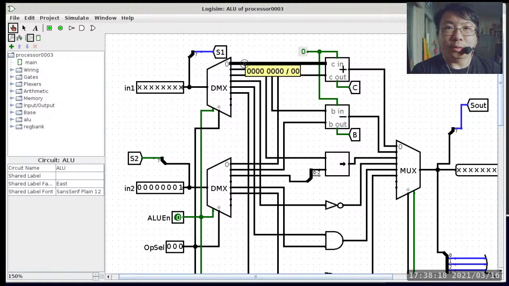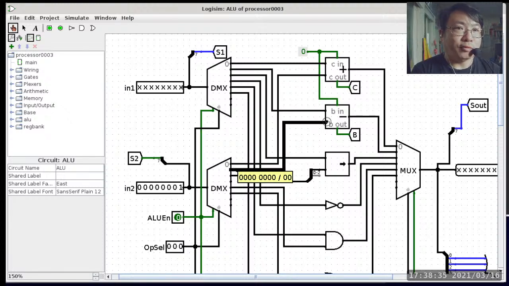So now we track down the wires one by one. Output 0 and output 0, they're both connected to the adder. So this is how we perform addition operations. Output 1 and output 1, they're both connected to the subtractor. This is how we perform subtraction. Output 2,